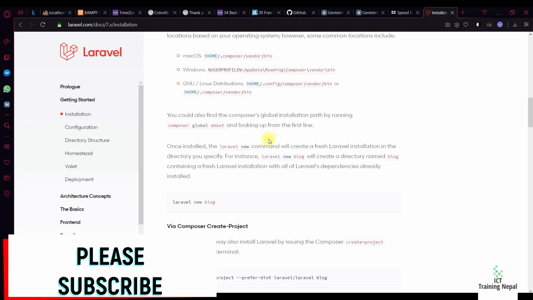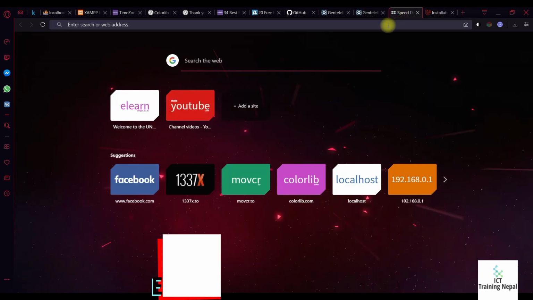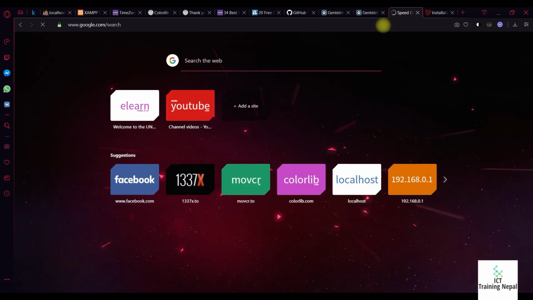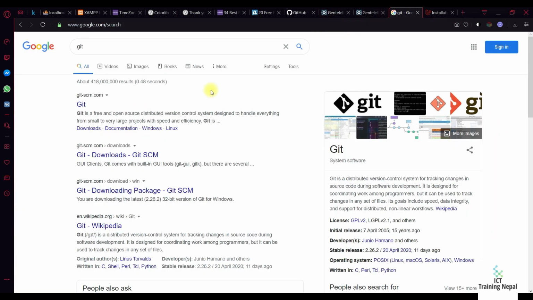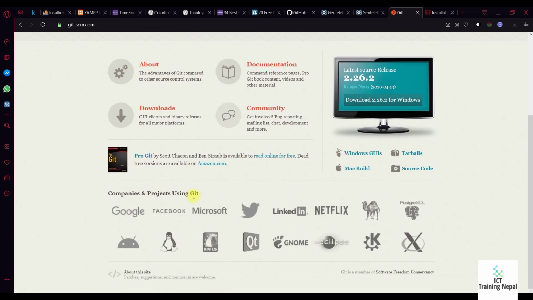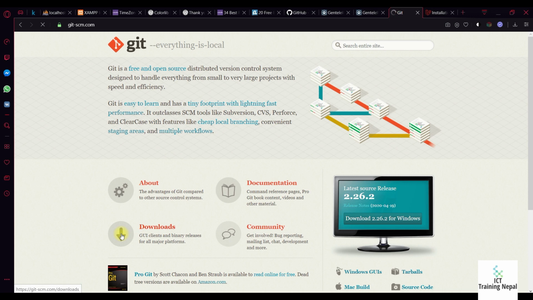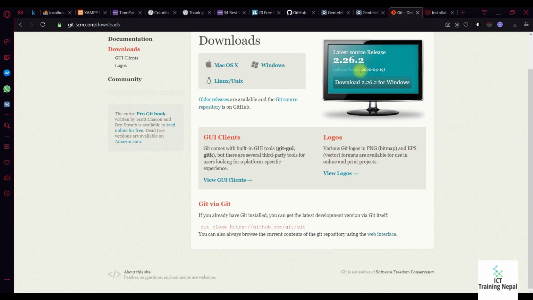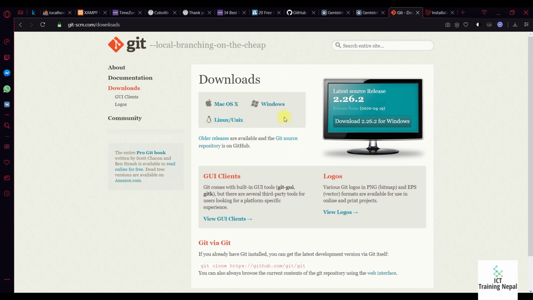And also before that, if you have not set up Git, just go to the Git website and download Git. Go to the download section and click the download button. Git will download for your Windows, Mac or Linux. After downloading Git,